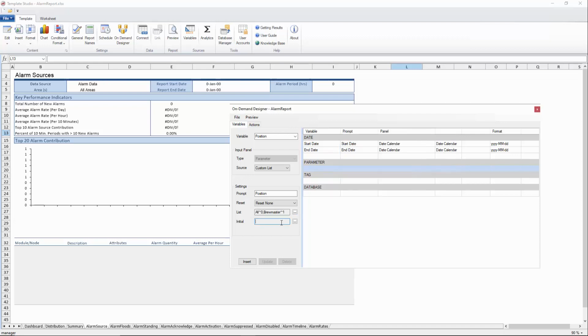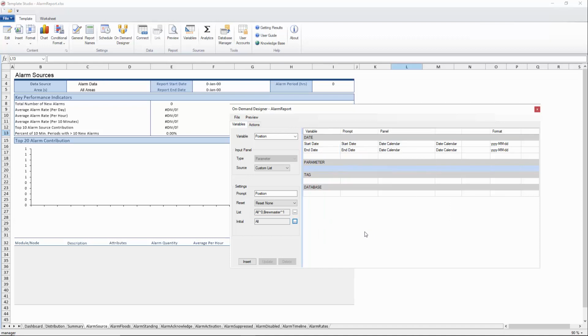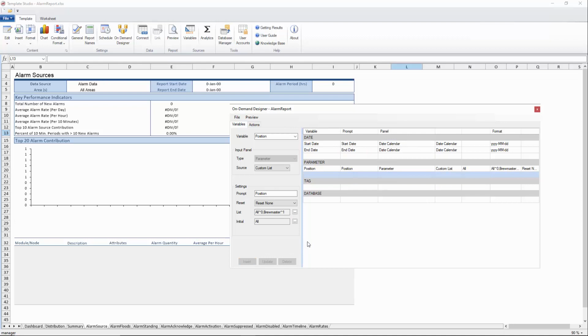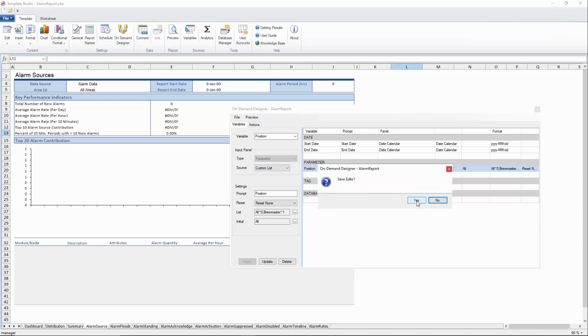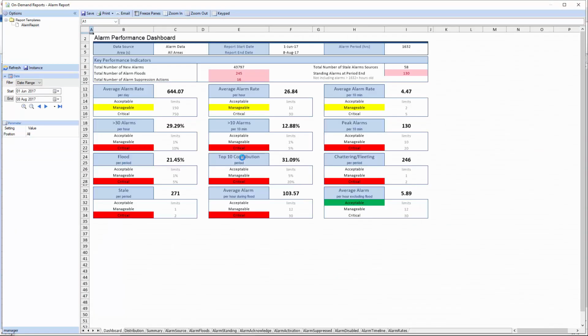We can also set an initial entry. So I think it'd probably be appropriate to have all be the default. And then we just insert the position custom list control into the on-demand designer. Save that and close it. And then we can test this out by running the preview tool here, which just links back into on-demand. So if you see here now, we have a control for the position. And if I run that,